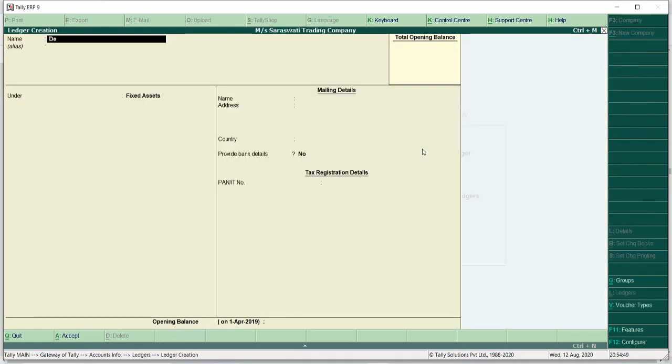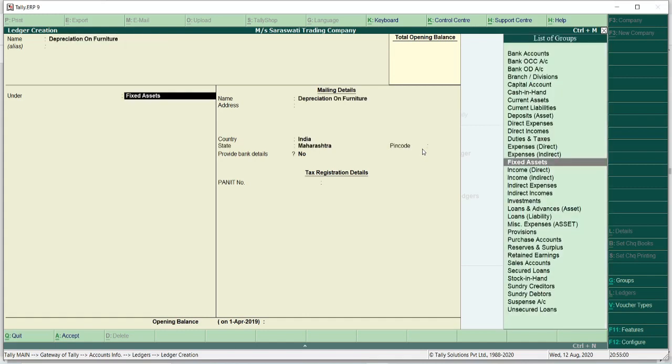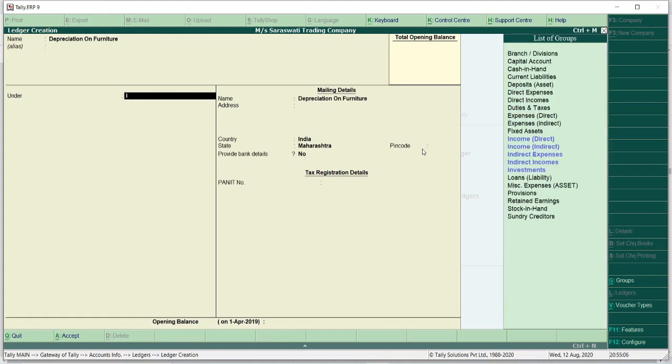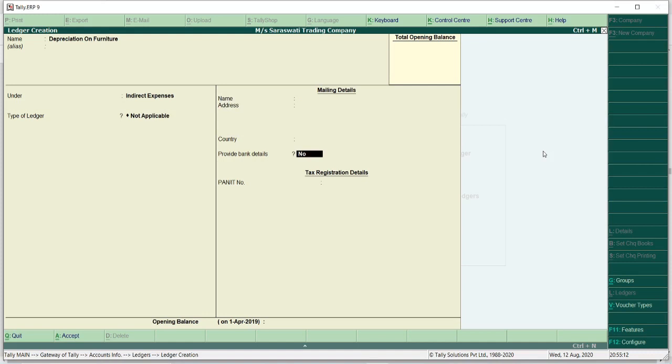I will create depreciation on furniture, and the depreciation on furniture is also indirect expenses. So I am going to select indirect expenses as a group, and I am just pressing enter key.